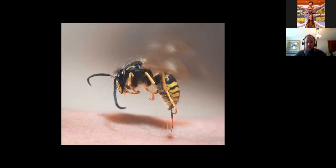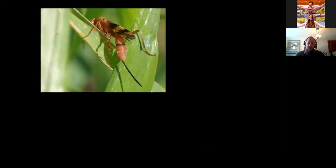But a wasp can get in multiple stings before you even realize you've been stung. And to truly understand a wasp sting, we need to take a step back again to look at these early wasps and a bit of wasp biology. So one of the characteristics I mentioned of Hymenoptera is that females have an ovipositor, and they use that ovipositor